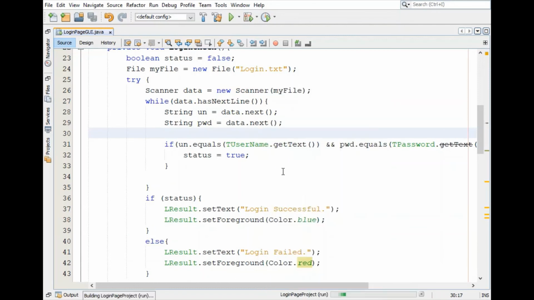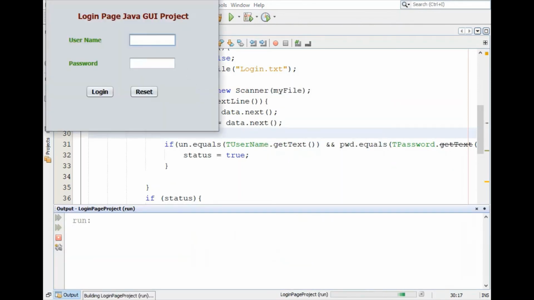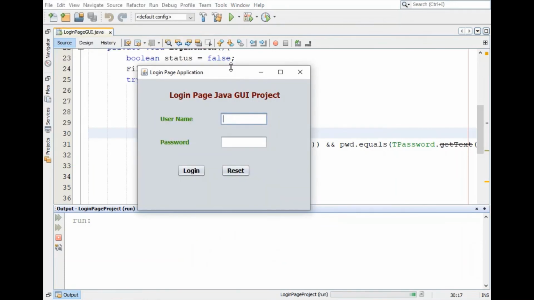Let's check this again. And admin123, so blue color because it's successful. In case of mismatch, login failed with red color.